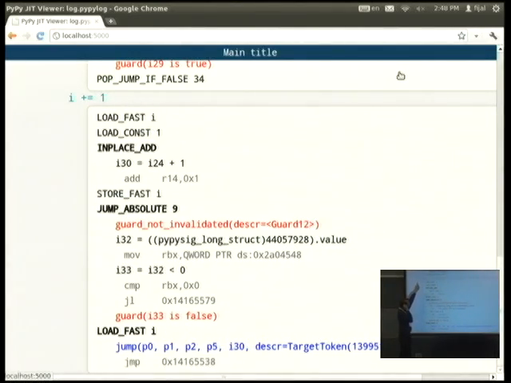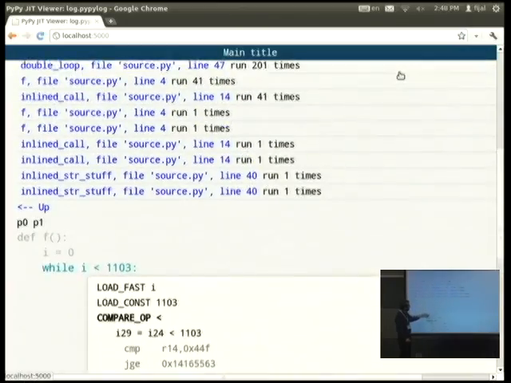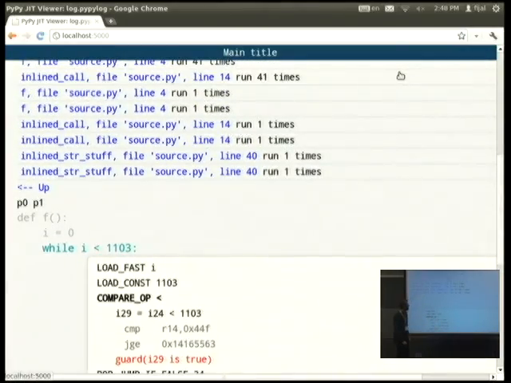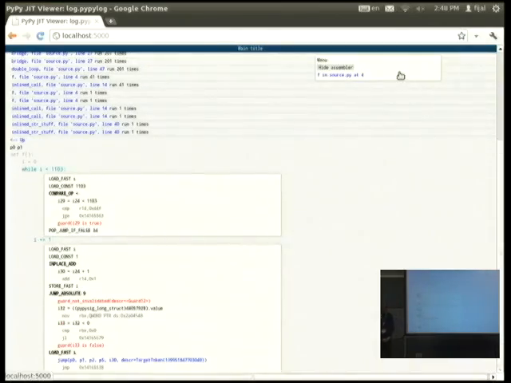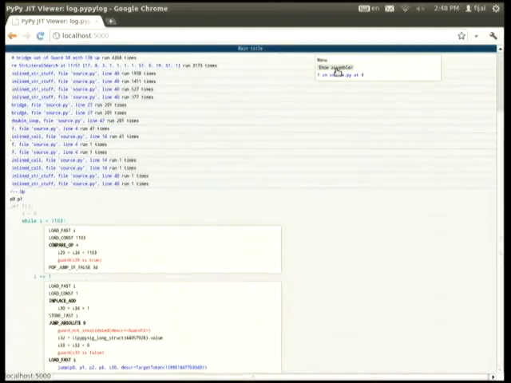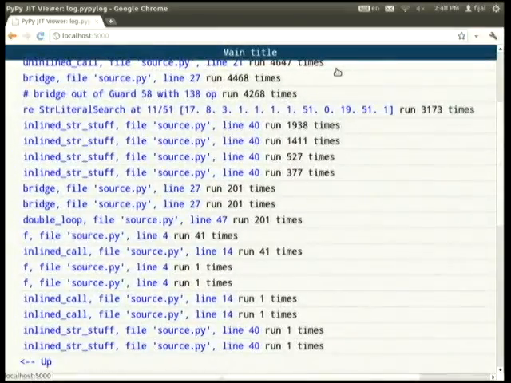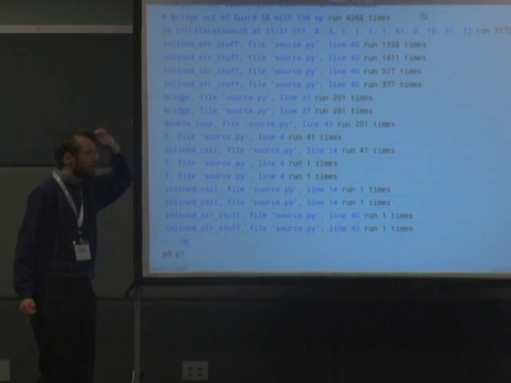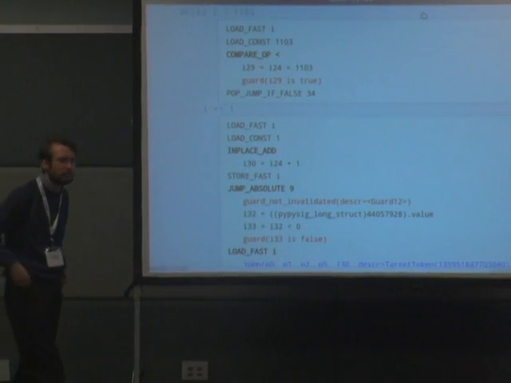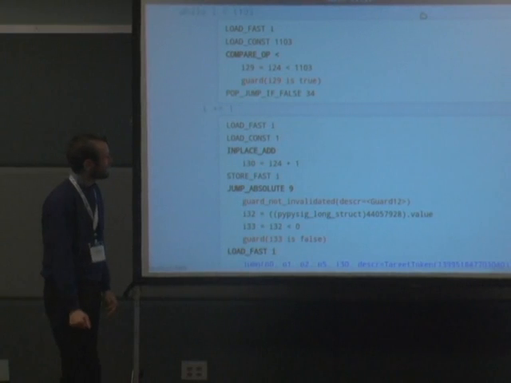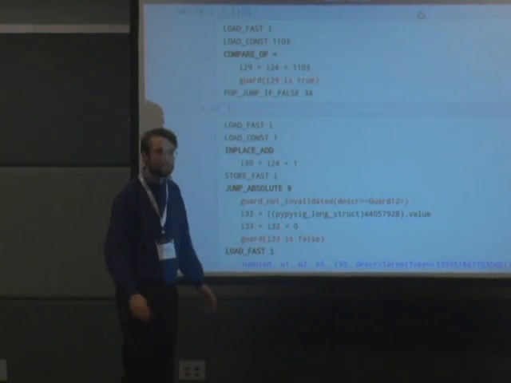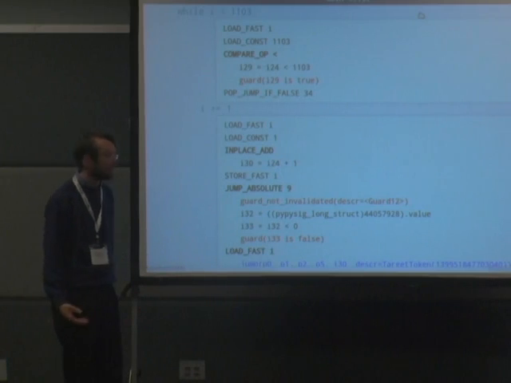Can you hide it again, maybe? Yes, thank you. The show assembler link does not work on OS X, sorry, because you need objdump, which is not installed on the normal OS X.